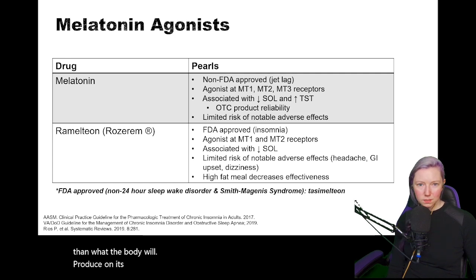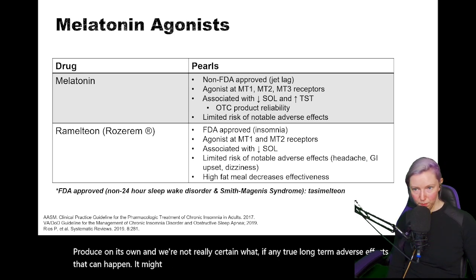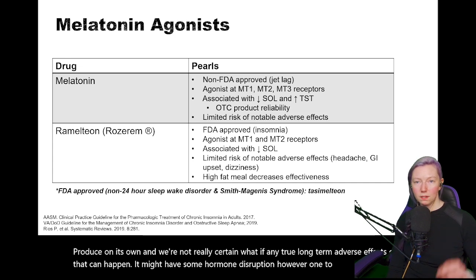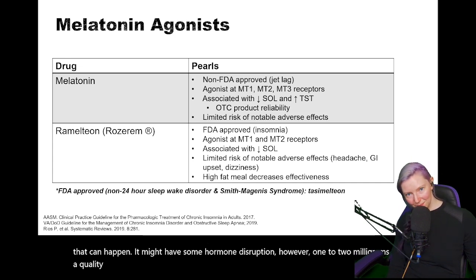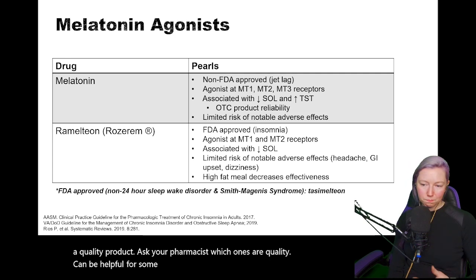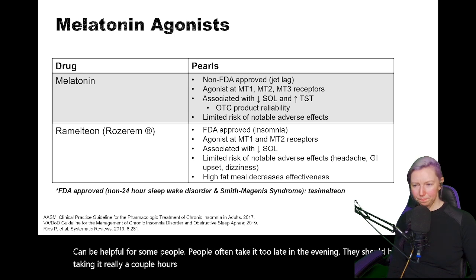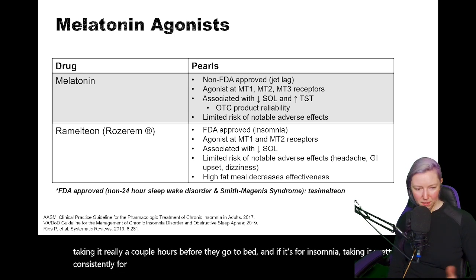And we're not really certain what, if any, true long-term adverse effects of that can happen. It might have some hormone disruption. However, 1 to 2 milligrams of a quality product, and ask your pharmacist which ones are quality, can be helpful for some people. People often take it too late in the evening. They should be taking it a couple hours before they go to bed. And if it's for insomnia, taking it pretty consistently for several weeks is going to be better than taking it